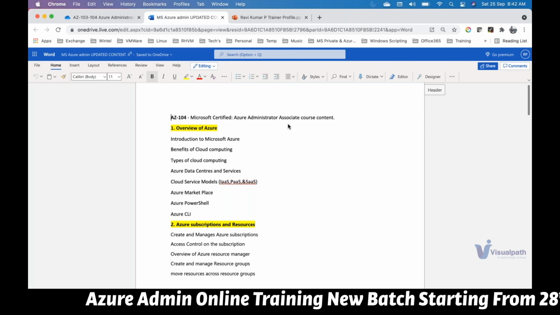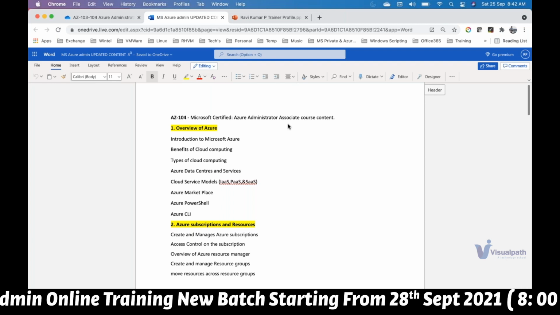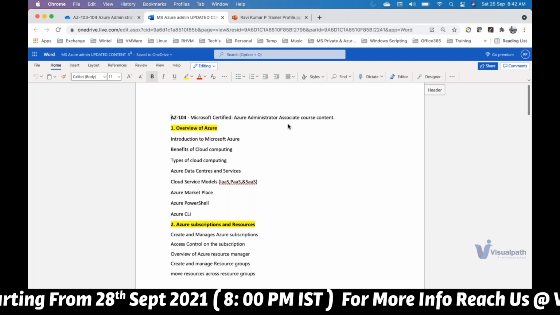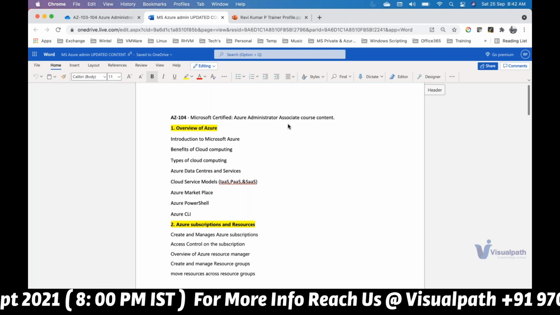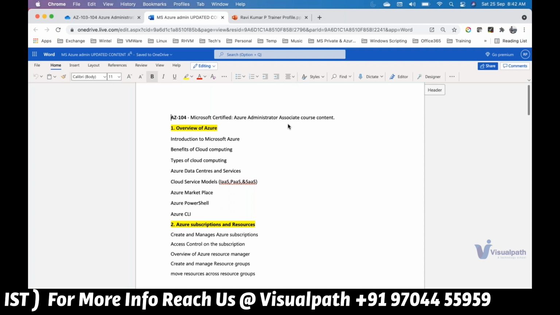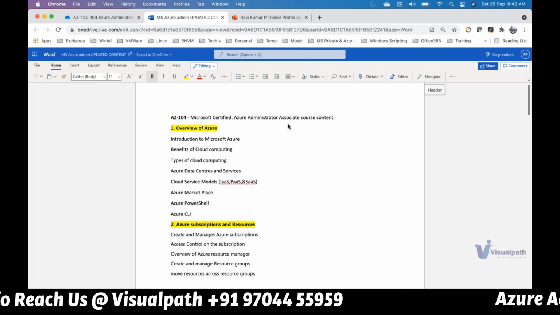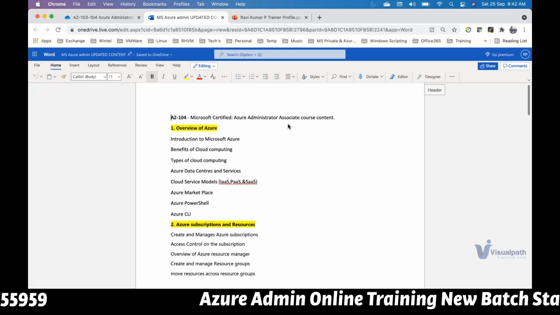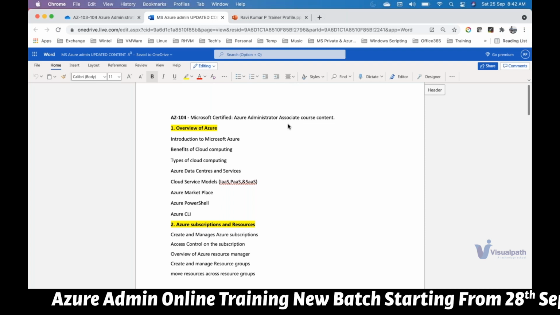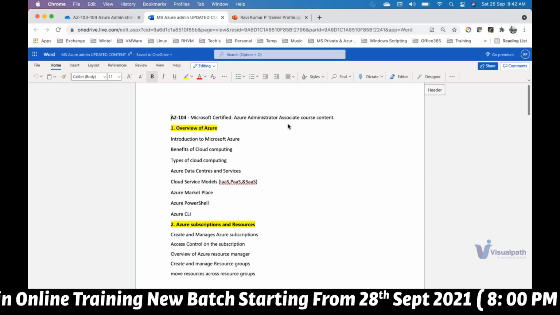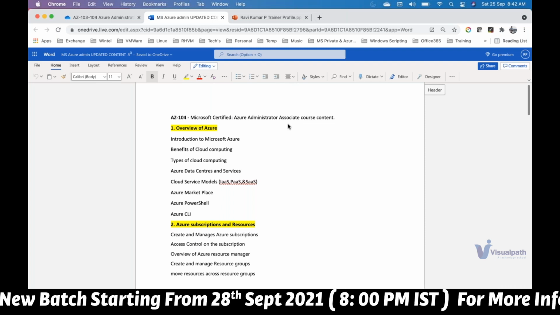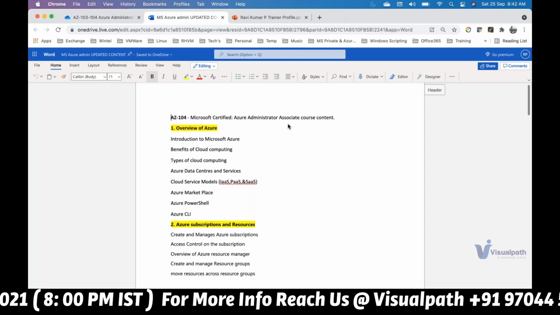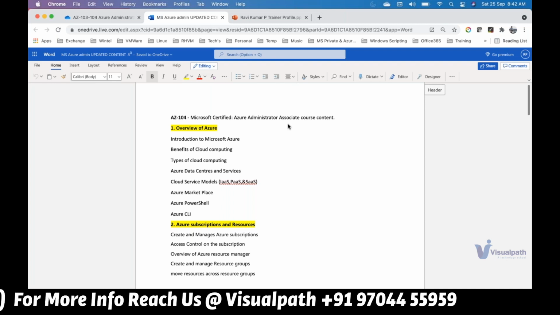So here is AZ-104, which is Microsoft Azure Administration, with the topics we are going to cover related to the AZ-104 content in the Microsoft portal. I'll just give you the overview of what we are going to cover, following the same flow. In module 1, we'll be covering what is cloud computing, what are the benefits of cloud, what are the cloud services, what is Microsoft Azure, what is Azure Marketplace, and what are the ways you manage Azure. This is what we'll be covering in module 1.